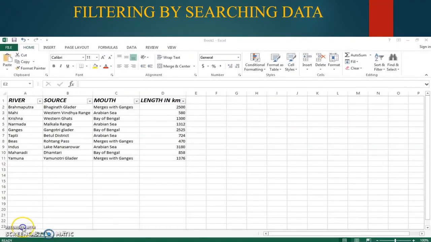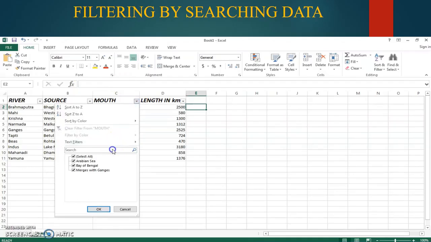The third topic is filtering by searching data. In case you want to filter out a specific value out of thousands of rows of data, you can search for your preferred value in the list. For example, I will show under that month option, press the drop down menu.